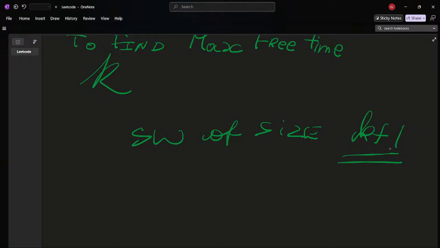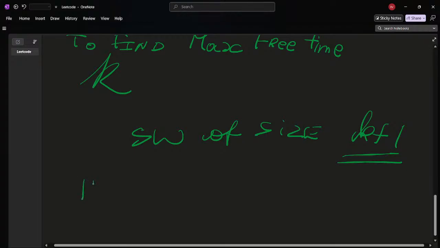This is the size of the sliding window which we are going to use, and we'll start by computing the first k plus 1 gaps,